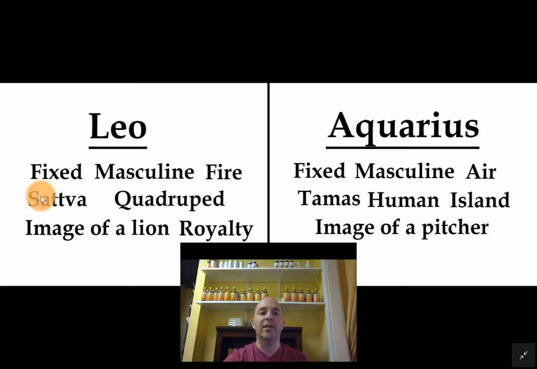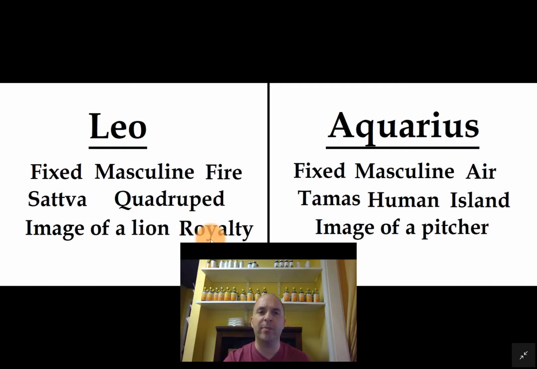Well, what we're going to see here is not only is Leo the image of a lion, I think it's in Yavana Jataka, when it talks about Leo, one of the descriptive terms that it uses is like you're on a ridge overlooking a valley. And that's kind of the idea of Leo, being the image of a lion. I picture that lion up on the ridge, overlooking, surveying its territory, presiding over its territory,